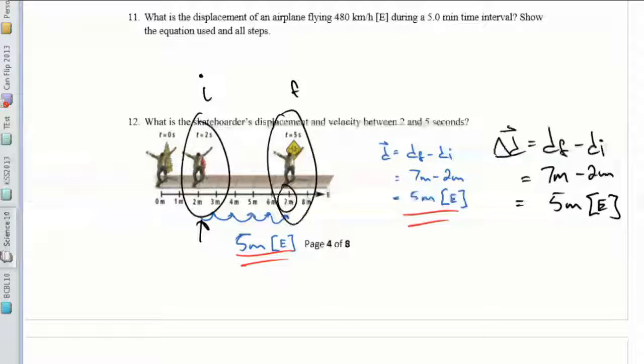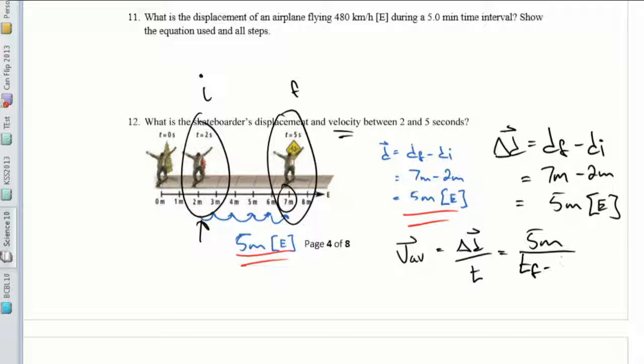The second part of the question asks the velocity. So the velocity is going to be the change in position, which we just found, divided by the time. So we just found the position was 5 meters, and the time it took between 2 seconds and 5 seconds is 3 seconds. Or you can think of it as